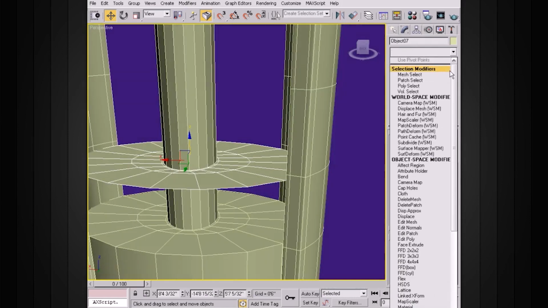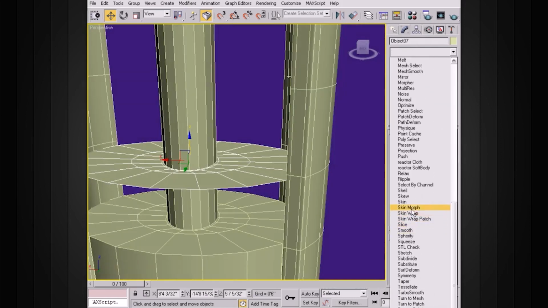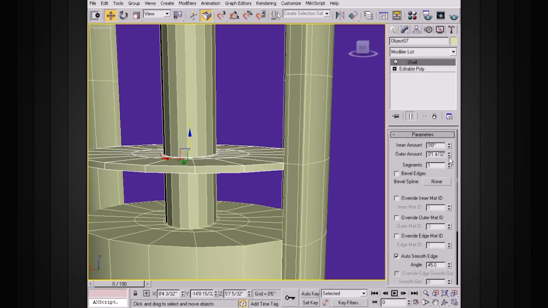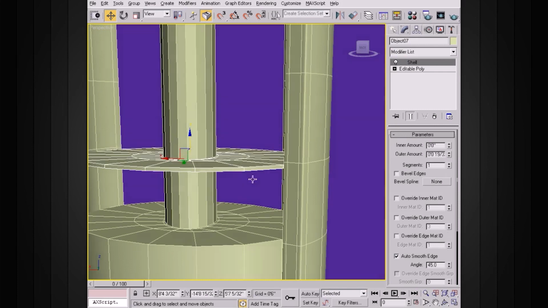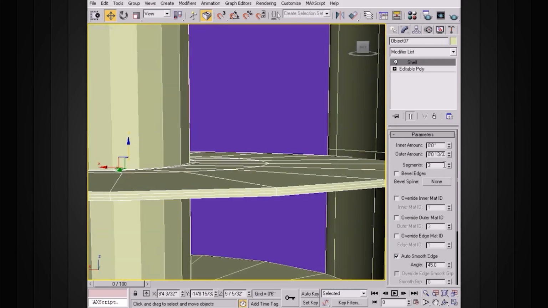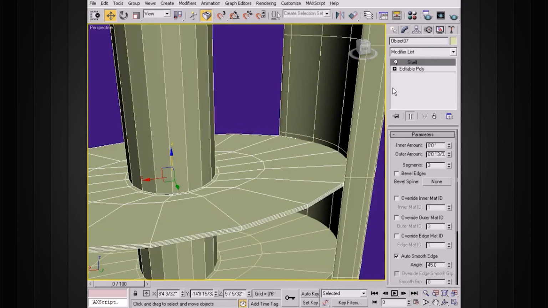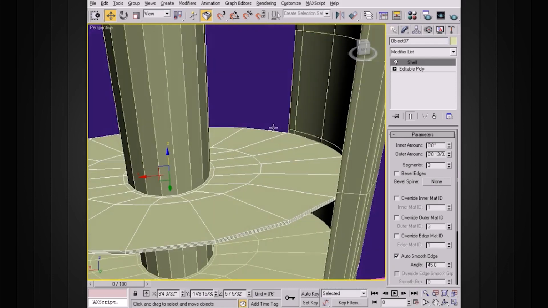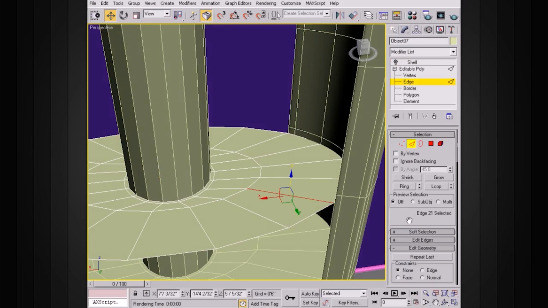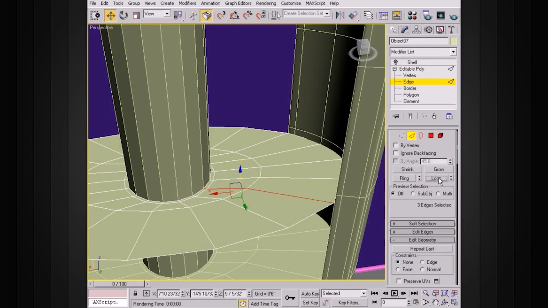Let's go ahead and just add a shell to this. Okay, we can make this fairly short, and let's go ahead and add a couple of segments in here. Okay, make that kind of nice and tight. All right, and before we do that, I'll turn off that shell modifier real quickly. Go ahead and select these edges. Select the loop, the ring,